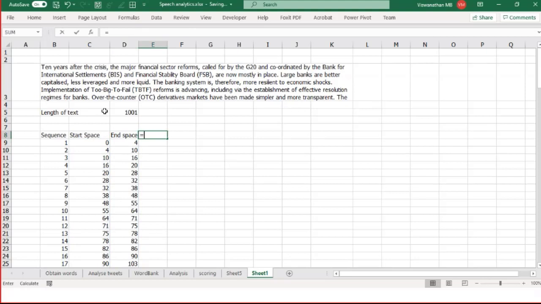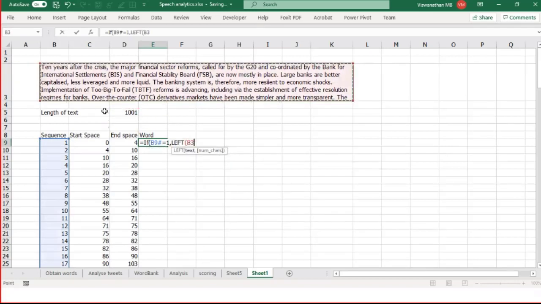Next, I can use a mid function to extract this data. Or I can again do one thing: check if this equals 1. If this equals 1, then I want left of the word, using a left function, left of my end space minus 1. Otherwise, if it's not 1, which means second, third, fourth letters, then I want the middle letters, mid of the same B3,